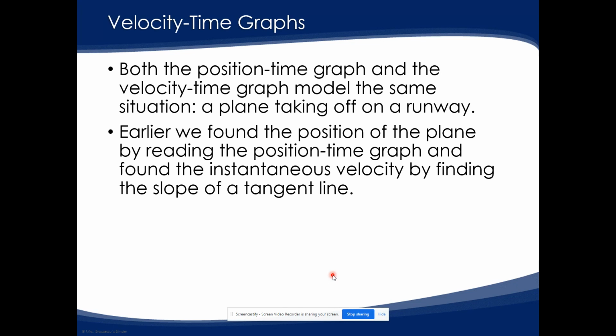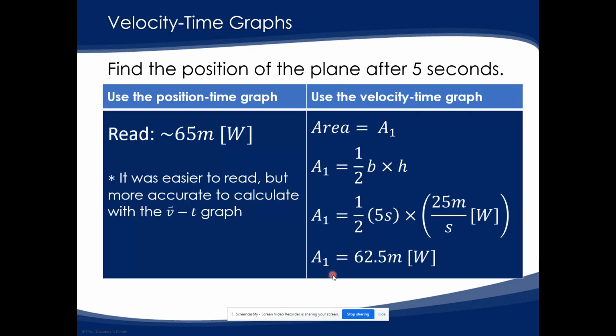So earlier we found the position of the plane by reading the position-time graph, and we were finding the instantaneous velocity by finding the slope of that tangent line. Using a position-time graph, we were able to kind of see that we were going about 65 meters west. It was easier to read, but more accurate to calculate with our velocity-time graph. So we were going to take the area